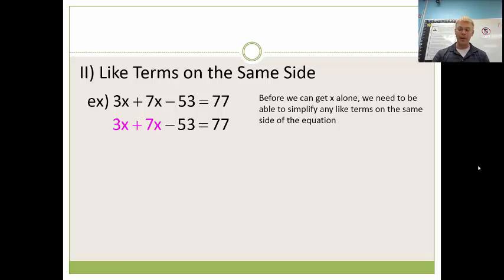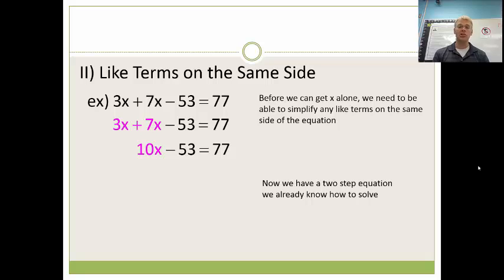So we need to combine those terms, just like we did. We're not canceling, we're not eliminating, we are combining. And that's an important word to make sure we associate when the like terms are on the same side. 7 plus 3 is 10x. Now it's a two-step equation, and we can eliminate the constant by adding 53, and we can eliminate the coefficient